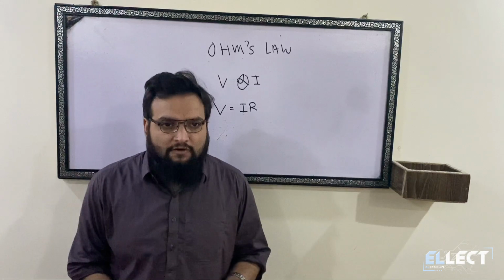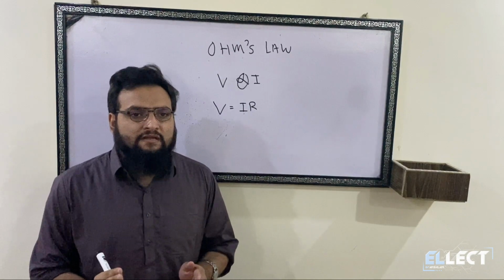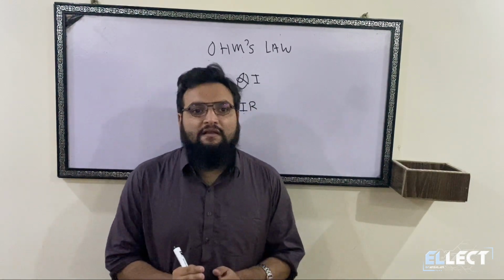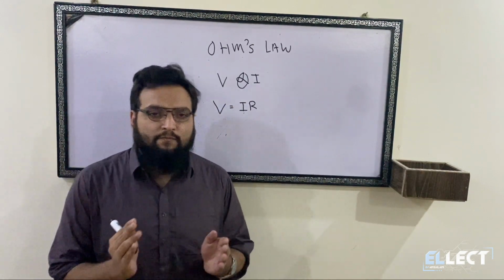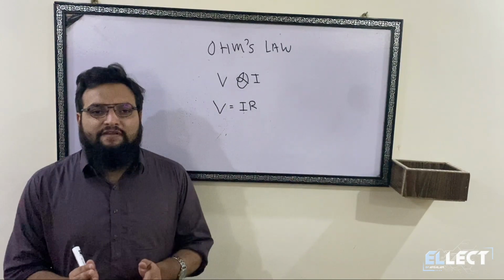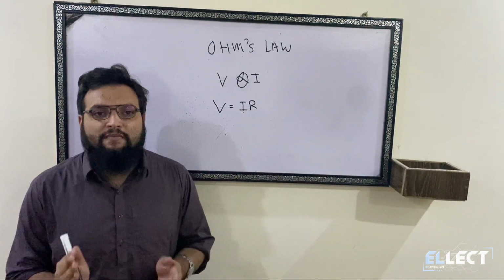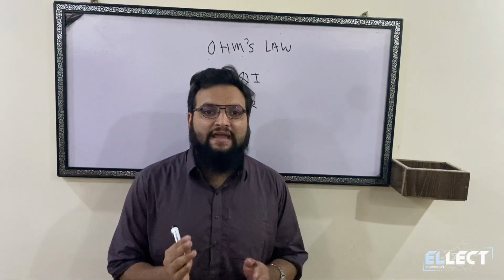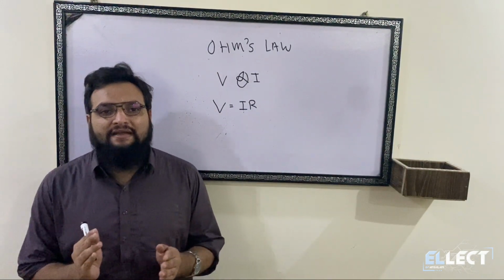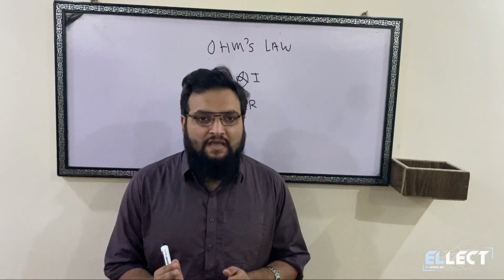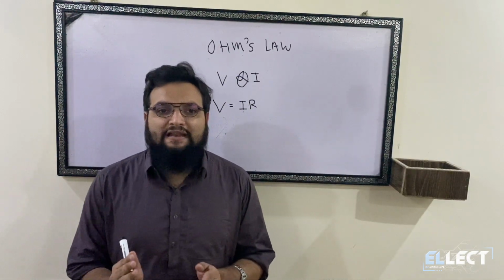where V is the voltage across the electric circuit, I is the current flow across the circuit, and R is the resistance, which is known to be the constant of proportionality. Voltage V is defined as energy per charge. Charge is defined as the movement of electrons from one point to another point in an electric circuit, while current I is defined as the rate of charge flow, and resistance R is defined as the opposition of electric current.